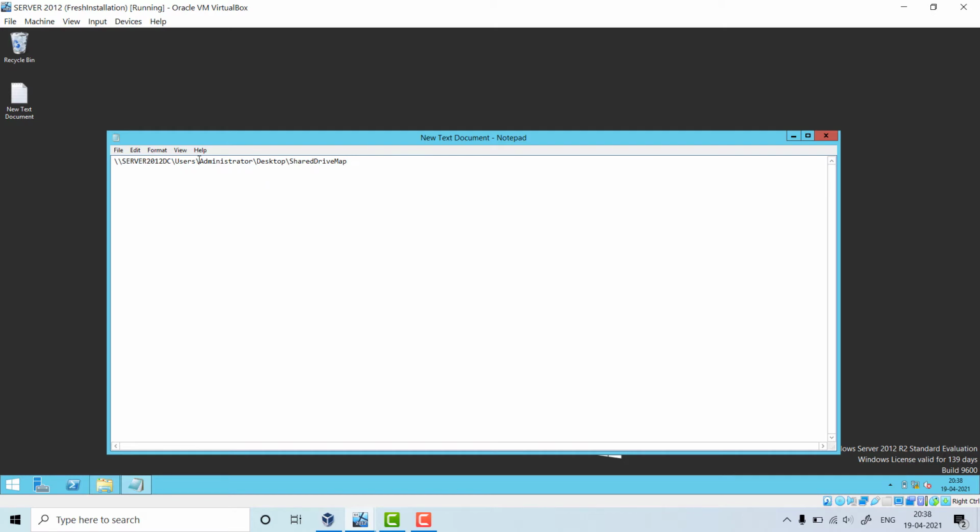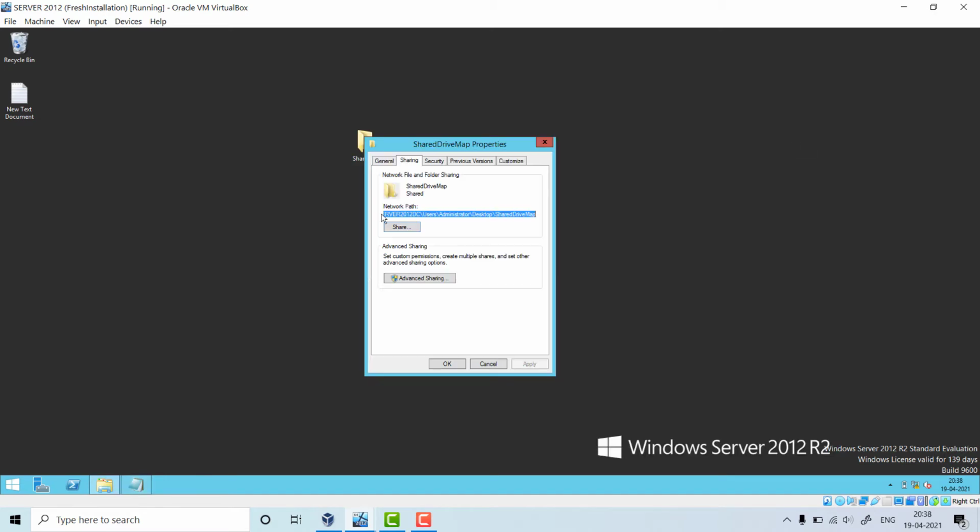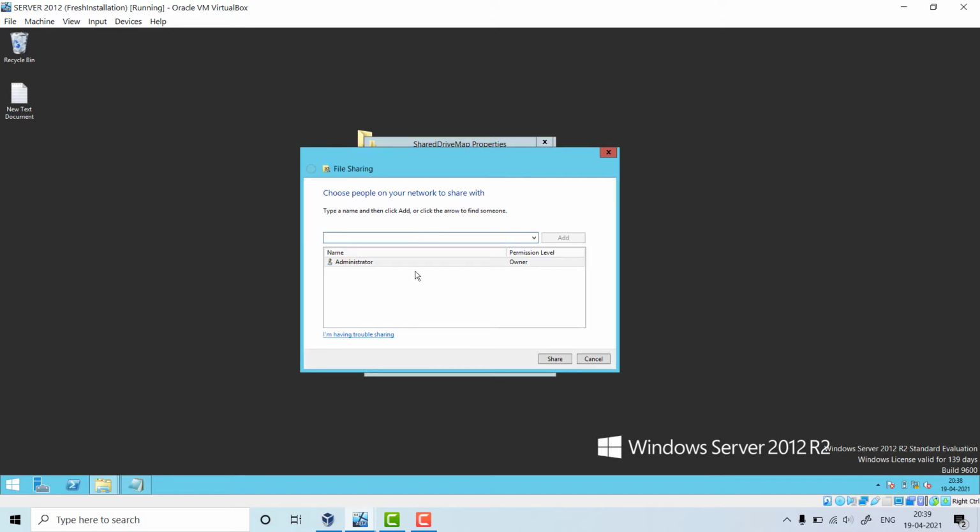Server DC, user administrator, desktop, and shared drive map. Now click on share. If you want a specific OU, organization unit, or a specific user to see this file, then you can do it. Fine, but let's do it for everyone.